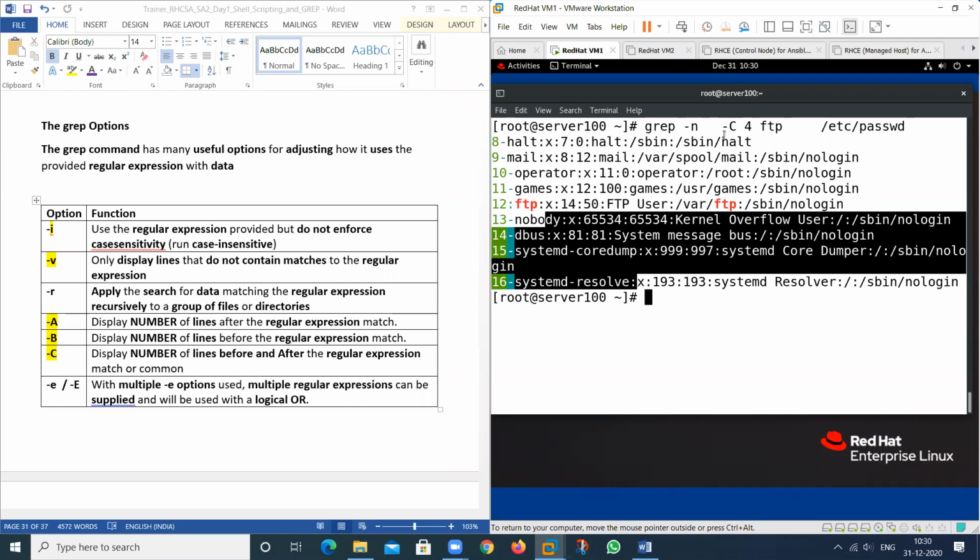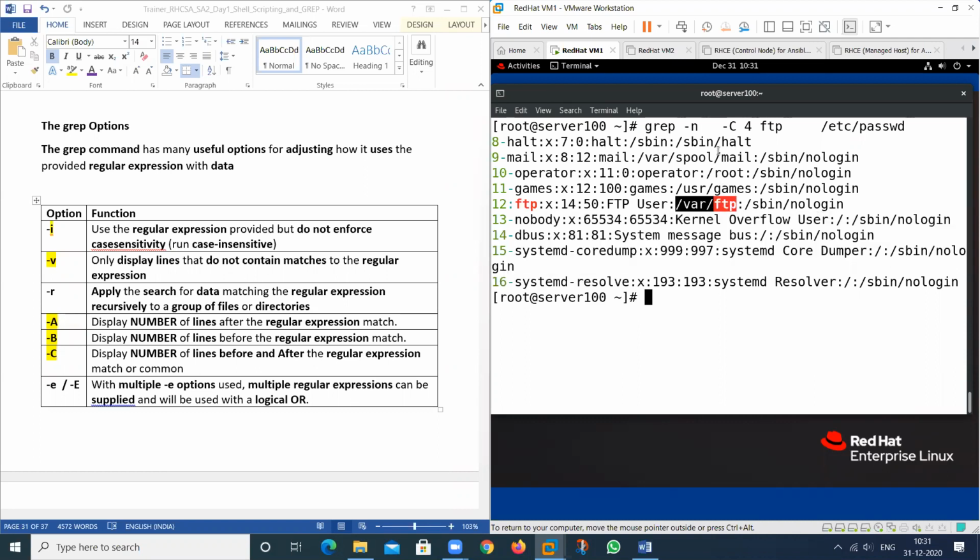So grep is used to print the value that I want to match, that I want to print. So this is the concept of the grep command. So grep is a command that is used to print the value that I want. So we can use grep.